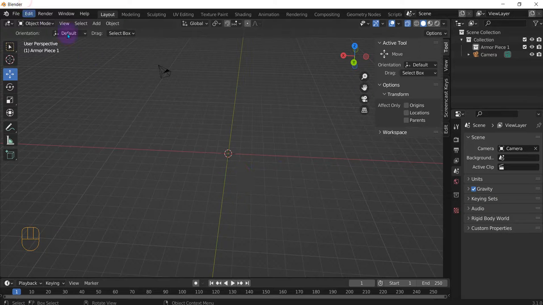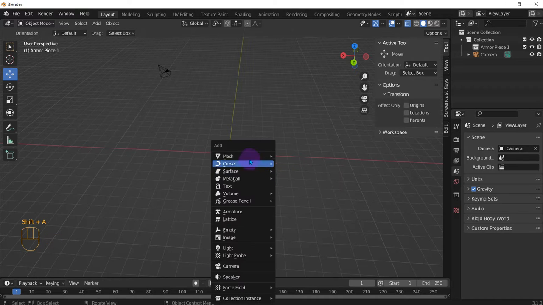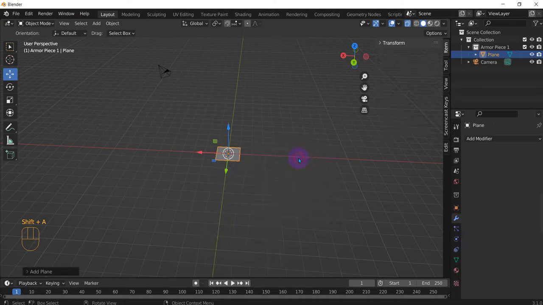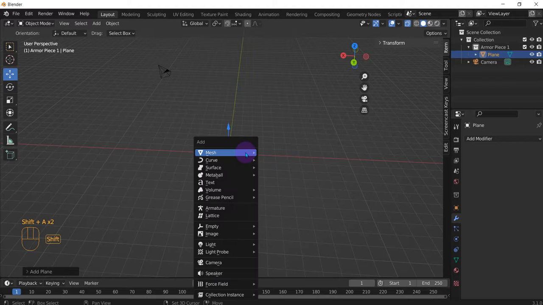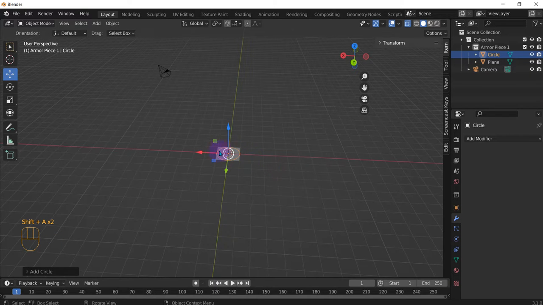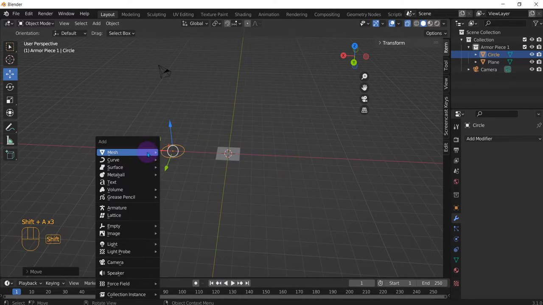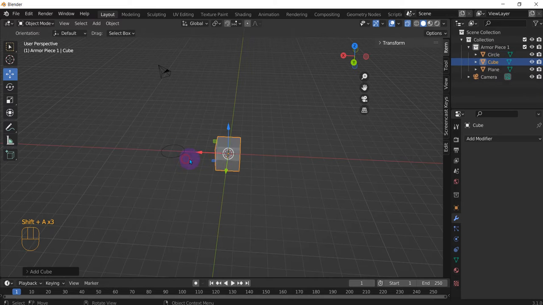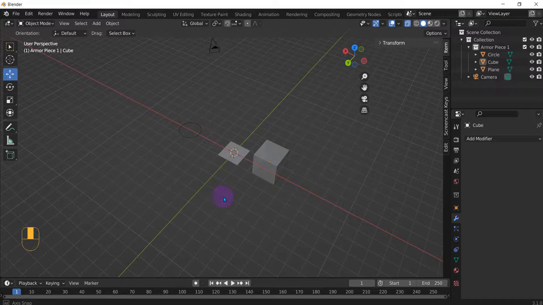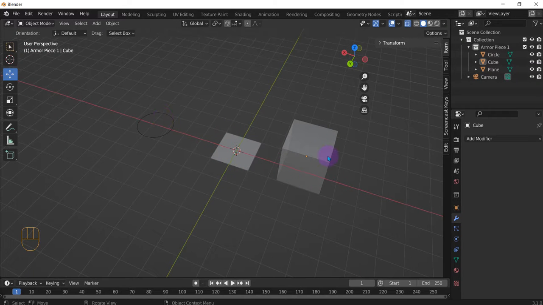So for this Blender how-to video, I'm going to show you how to isolate or display object or objects. So let's create a few objects. Mesh, plane, Shift A, circle, Shift A, cube. All right. So to just isolate one of these so you can view it without having to worry about